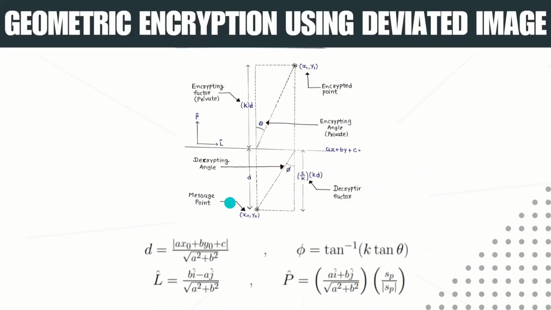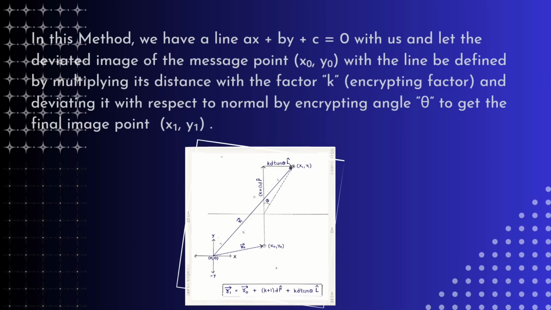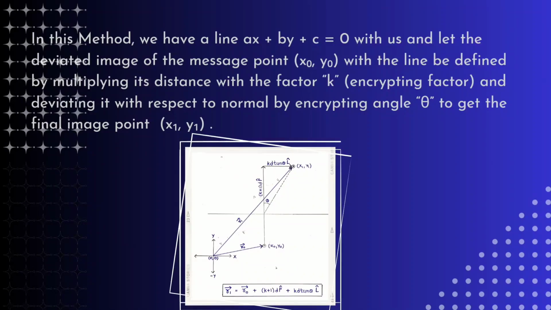For example, I take this image message point, then I construct its image using some encrypting function 1, then I plug that image into encrypting function 2 so that I get another image, then I can again use encrypting function 3 and plug that image in and get another image. And when I want, I just use their corresponding decrypting functions in that particular order, and I can trace back to my original message point, right? So there could be multiple layers to it. We could also spread it in multiple dimensions so that it becomes unbreakable even by quantum-robust systems.